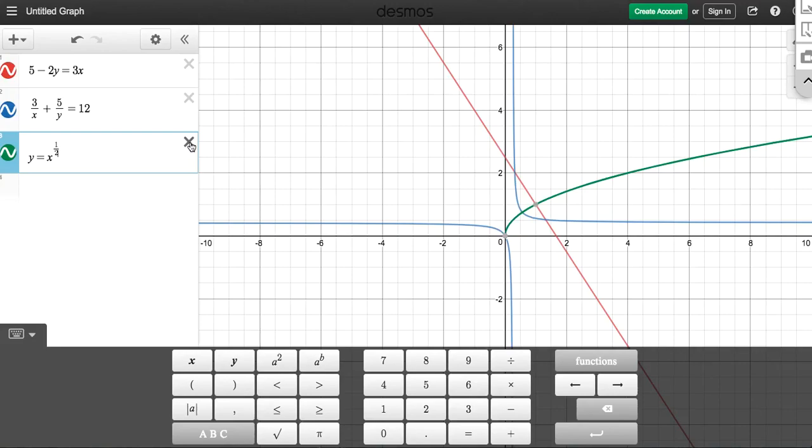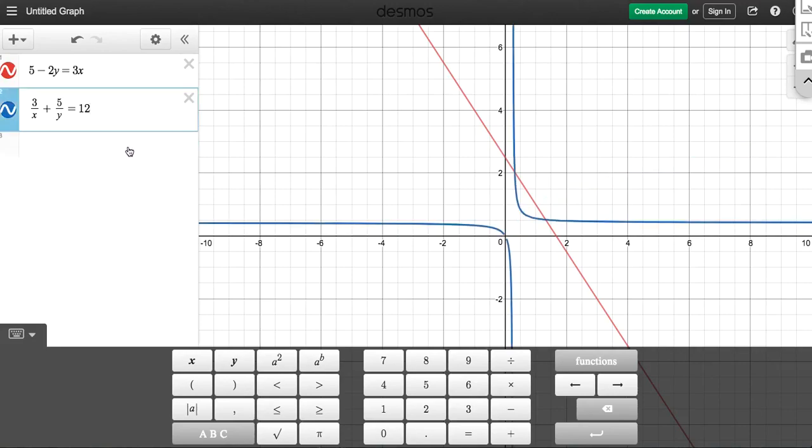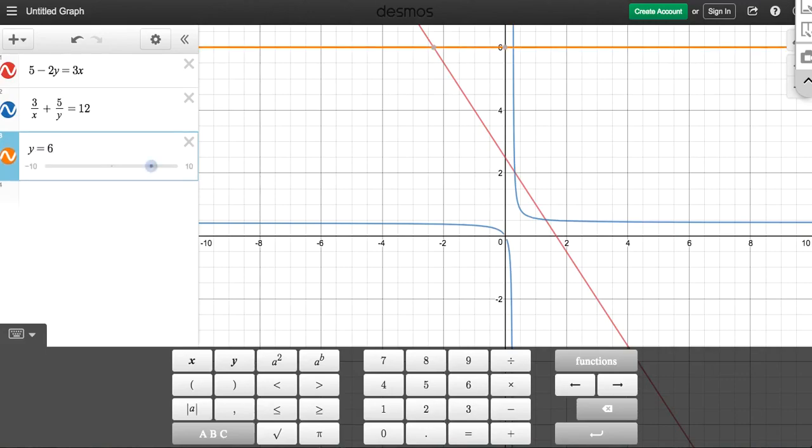And then we talked about if we had just an x equals line or a y equals line. So we said y equals is okay. So if we have y equals 6, notice that's a linear function. It's a horizontal line. So that would pass the vertical line test. It's still a function. But if it was x,